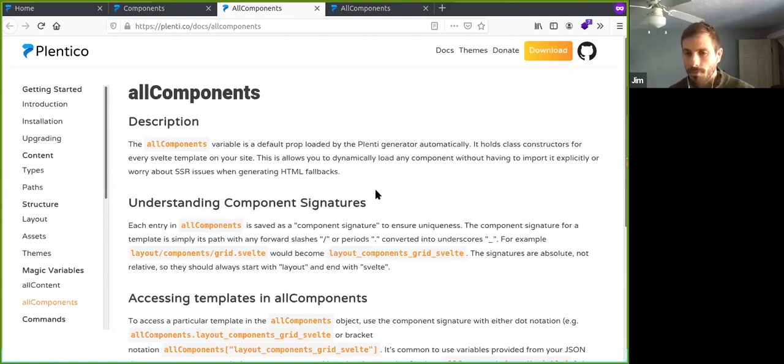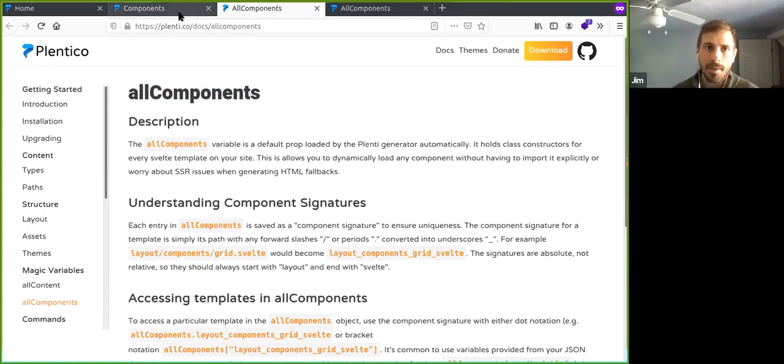So you can pull it in on the front end, and you'll get HTML fallbacks for each one of those pages. Now, just keep in mind that, like I said earlier, we're changing a lot of the API things with the 0.4 release. So this is likely to be called all layouts in the future. Just keep that in mind if you're looking at this video later down the road. That naming convention is going to change, but essentially it'll work exactly the same way.